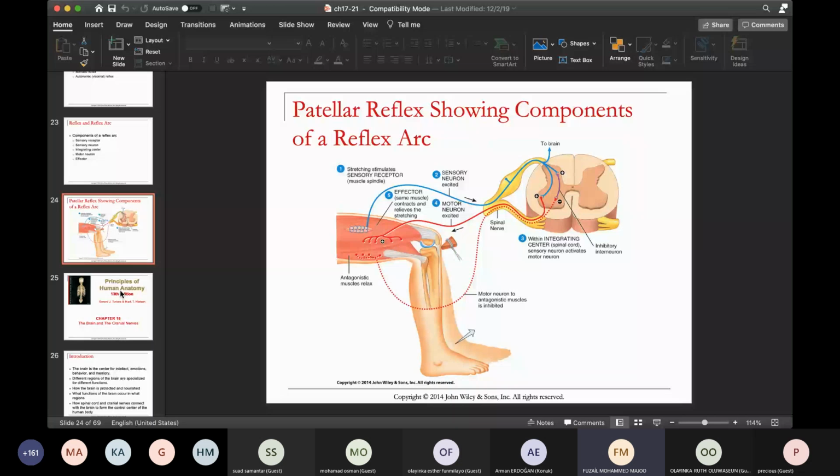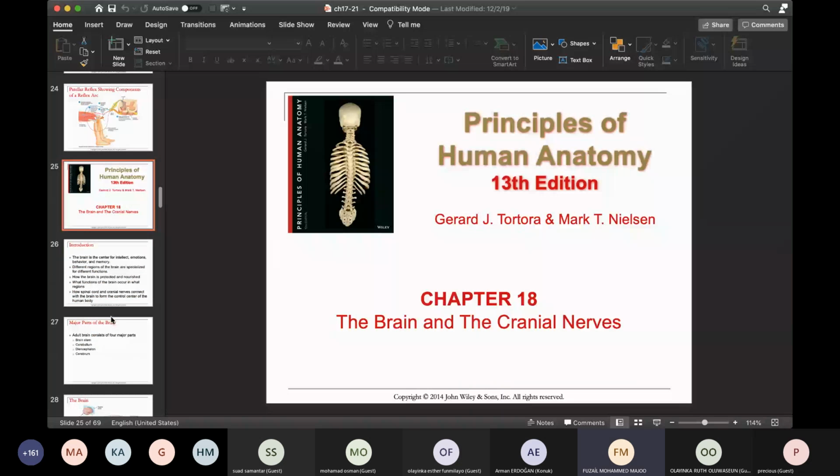Moving along to chapter 18, now we're going over the brain and cranial nerves. So when you look at brain and cranial nerves,